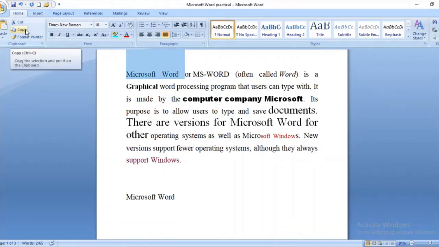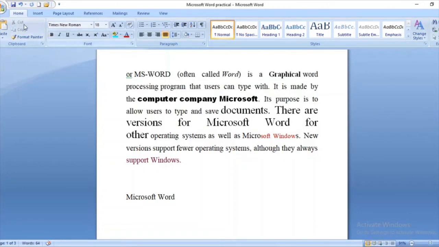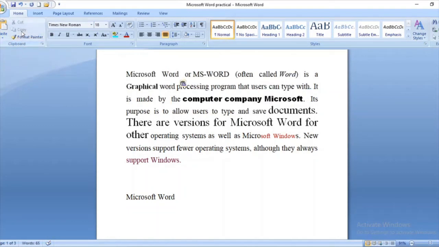Also, you can see the ribbons are provided over here in the home page for cut, copy, paste. Instead of right clicking, you can just click on cut, so it will be cut, and then you can simply paste, or you can also select the text and copy it from the ribbon and then you can paste it wherever you want. Okay, so this is the space which is being provided in between. Why? Because we have given the line spacing in the previous tutorial, so it is taking that space over here.